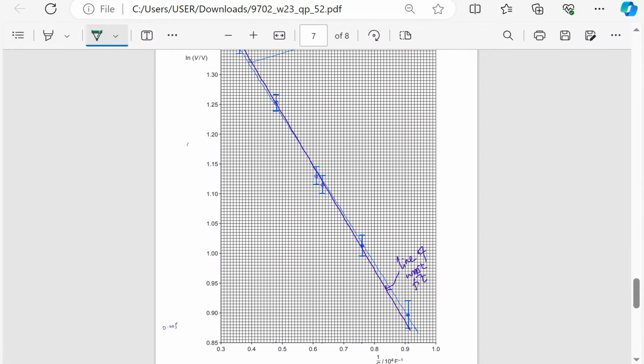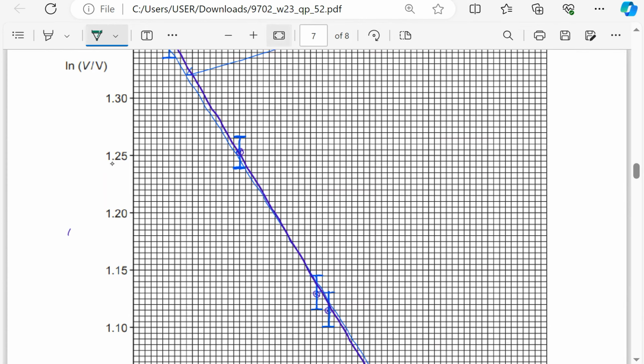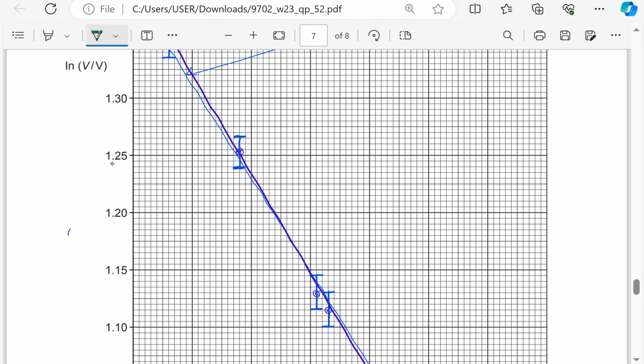Okay, so I'll just consider the steepest. The next thing is going to be, I think, to find the gradient. Remember to label your lines: line of worst fit, line of best fit. I said you can draw the line of worst fit using